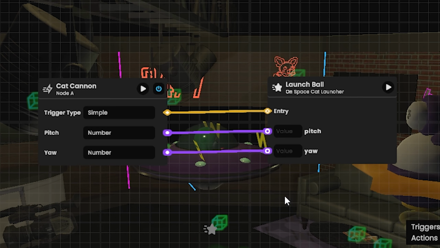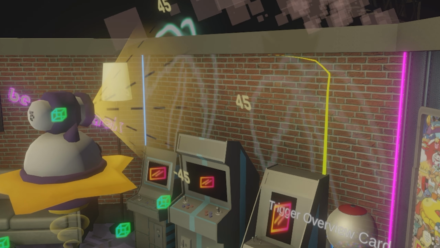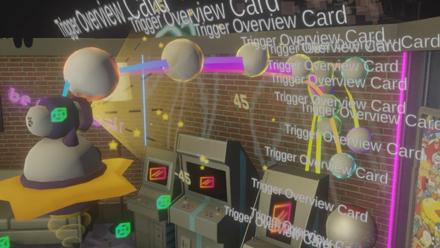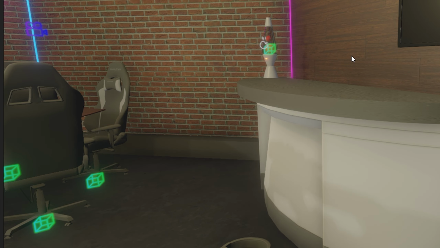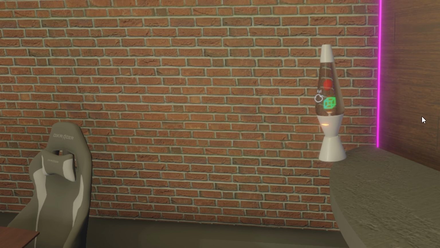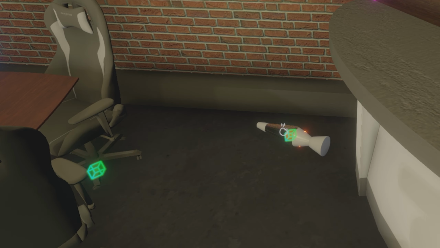You don't have to learn code to use scripts. Simply drag and drop different trigger actions onto this node graph. It's quick and easy, and the limit is your own creativity. This is something totally new that has never been done before, so you are guaranteed to impress and make your